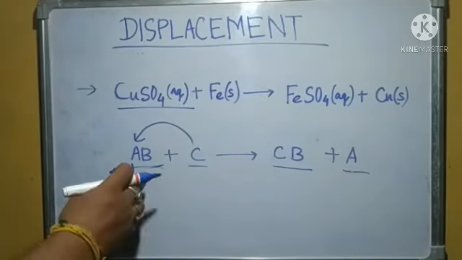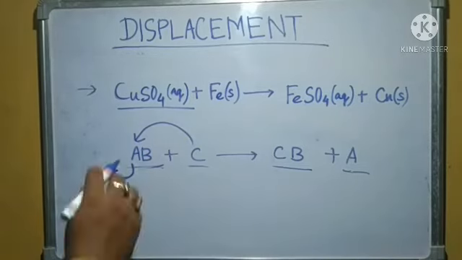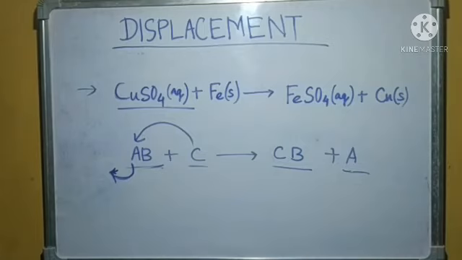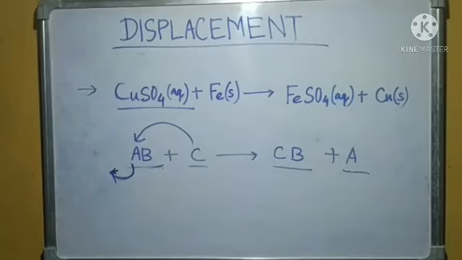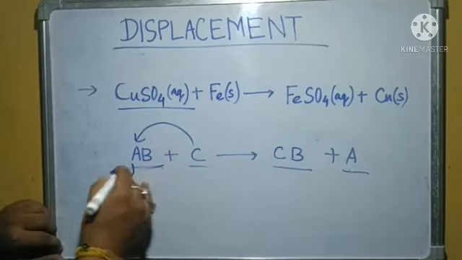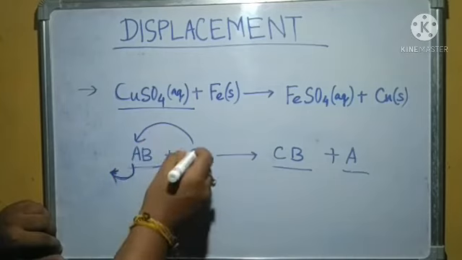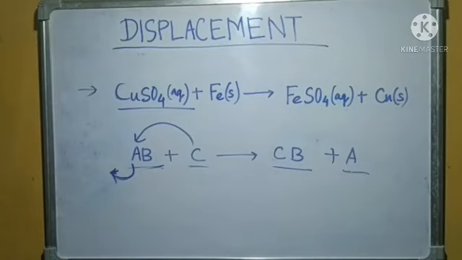So very easy. That is, C is reacting with AB, and it is throwing A out of its position, and it is making another compound CB, and A remains single. Okay, so these types of reactions where a metal displaces another metal, most commonly a metal, so where a metal displaces another metal out of the earlier compound